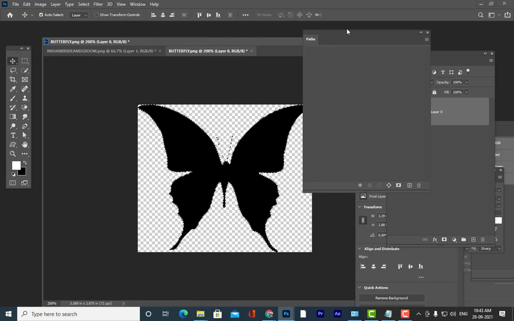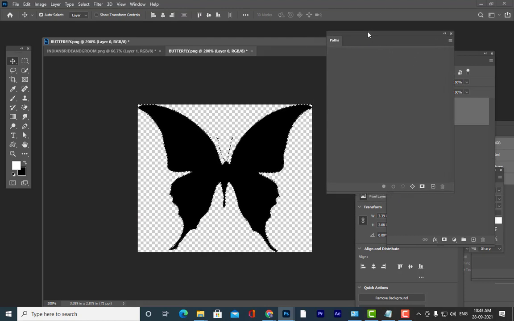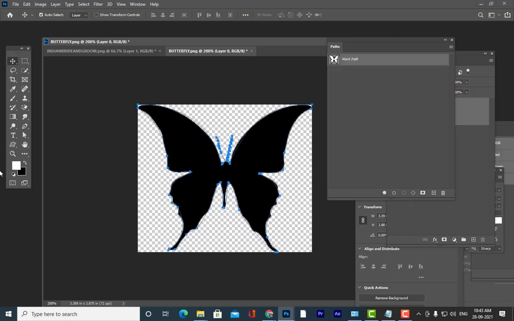Then what do you have to do? We have to click on the fourth icon, this one. This actually makes the selection into a path. Okay, then what do you have to do to save this as a custom shape?